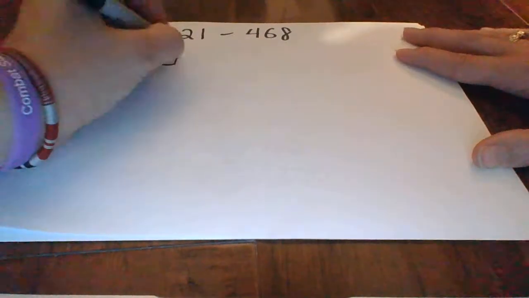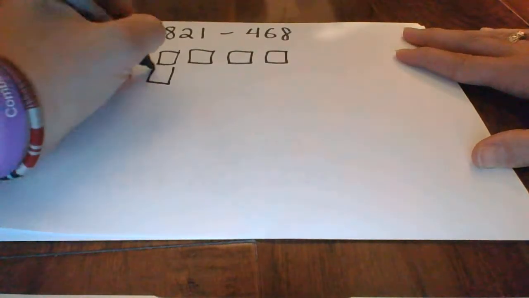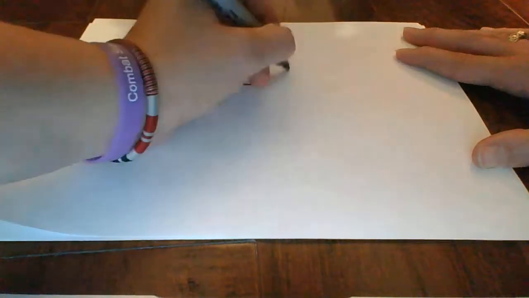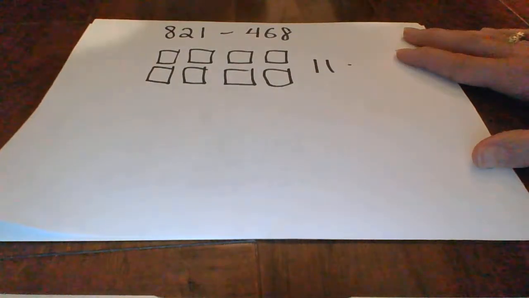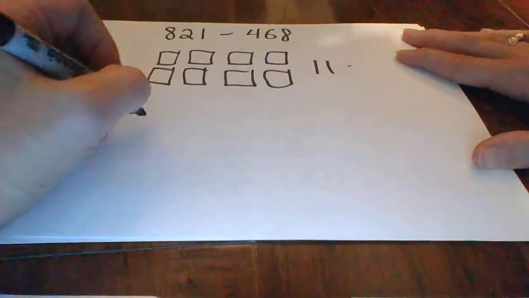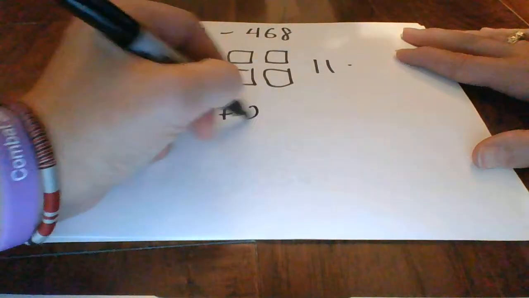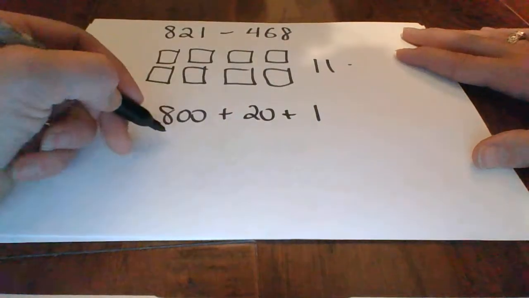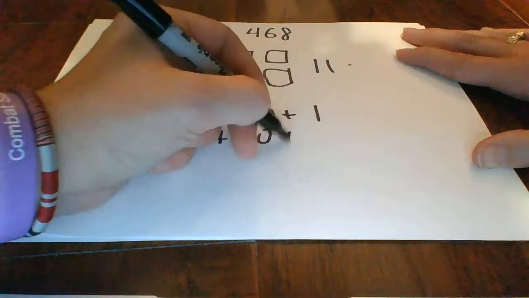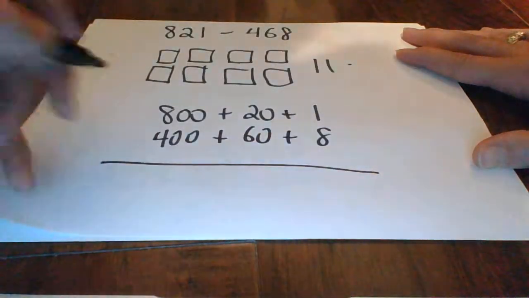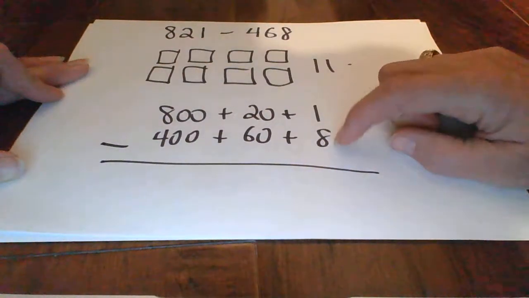And so I'm going to draw 800. And then 21, okay? I can also, down here, put it in an expanded form so you guys can see. So 800 plus 20 plus 1 subtracted from 468, okay? So when I'm looking at this, obviously here, I know that something's going to have to